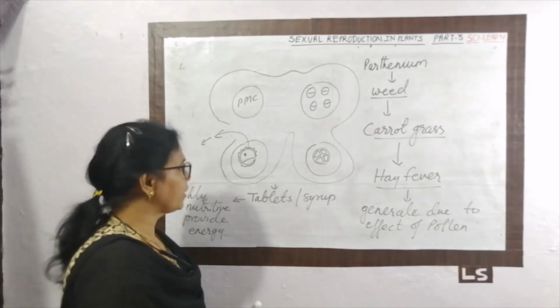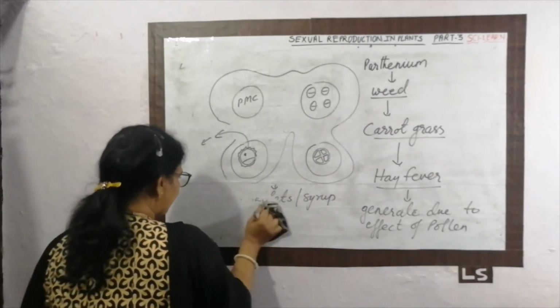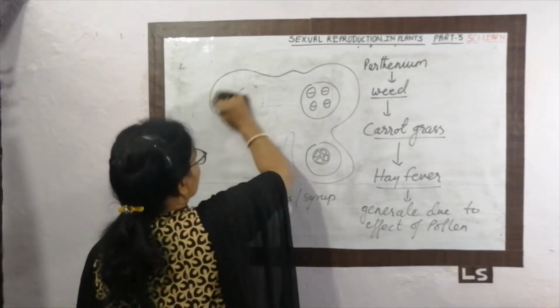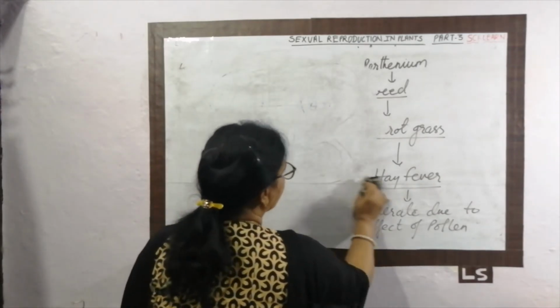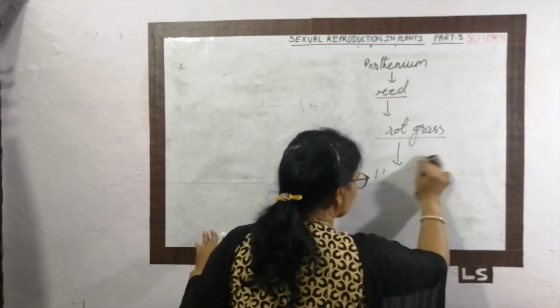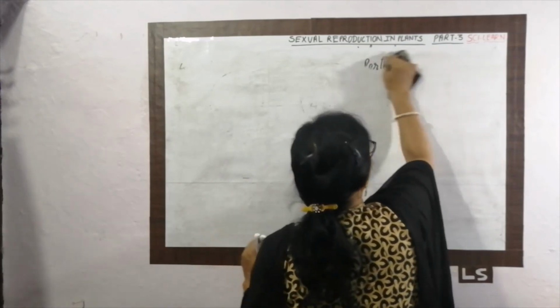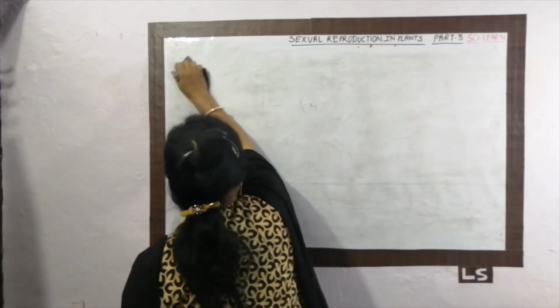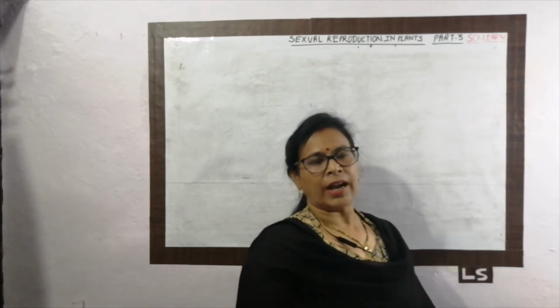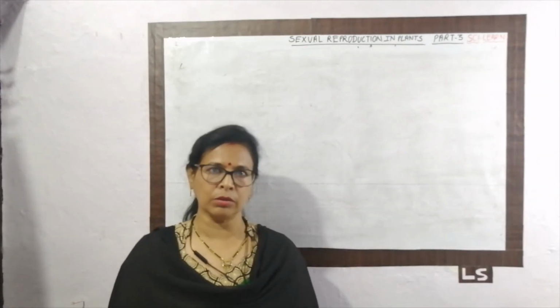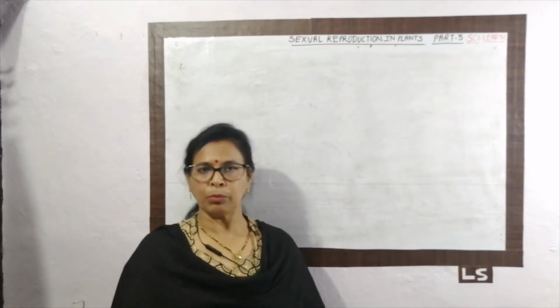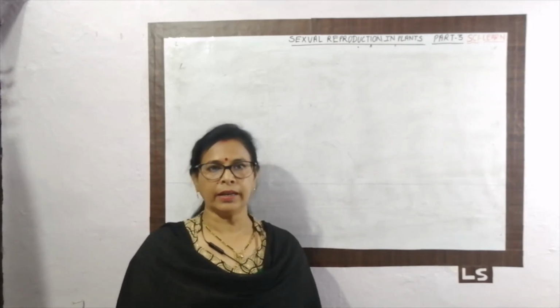So in the male reproductive part, what has been going on in the class? Firstly, we saw the structure of the stamen. Then we saw the microspore and the process of formation of microspores, which is called microsporogenesis. Afterwards, the pollen grain's structure and shape and a little bit of the function of the pollen grain also. Afterwards, we have to study pollination and all in my next